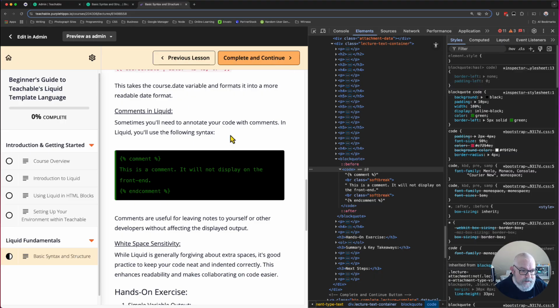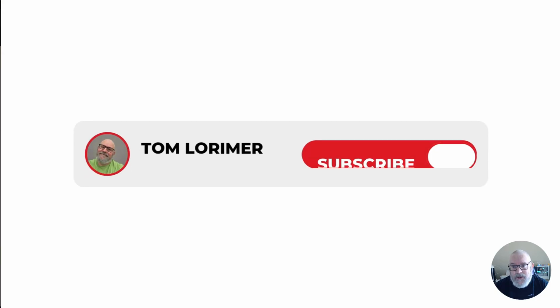We can now get good looking code elements without having to write full HTML codes, but we can use the built-in Teachable text editor in order to actually build this out, which is perfect. So I'm going to bash on, and I'm going to send this out to people to look at,